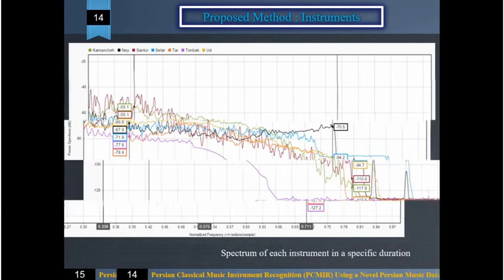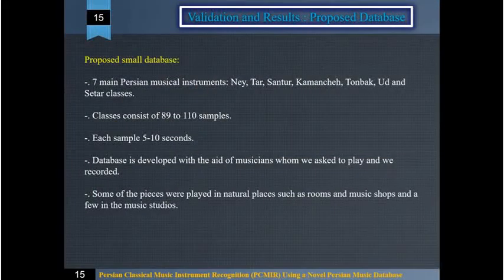For validation, we propose a small database with 7 main Persian musical instruments: ney, tar, santur, kamanche, tompak, oud, and setar. Classes consist of 89 to 110 samples. Each sample is between 5 to 10 seconds. The database is developed with the aid of a musician who plays and we record. Some of the pieces were played in natural places such as rooms and music shops, and a few in the